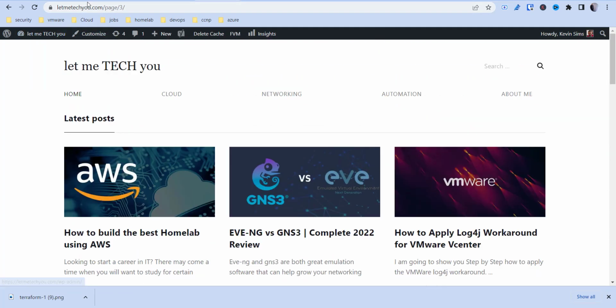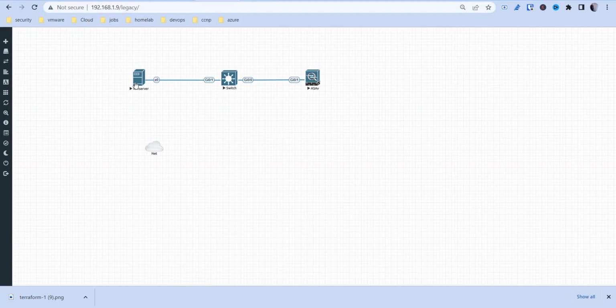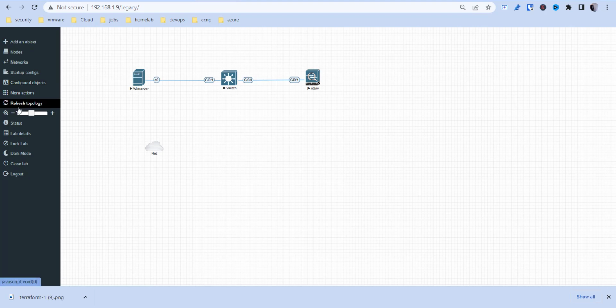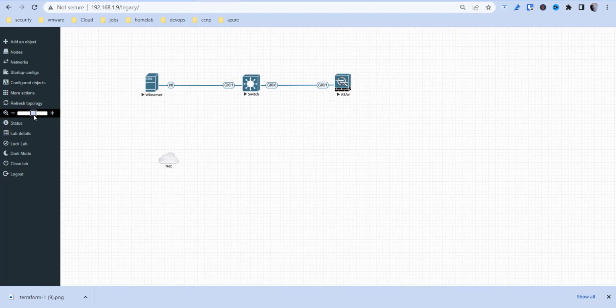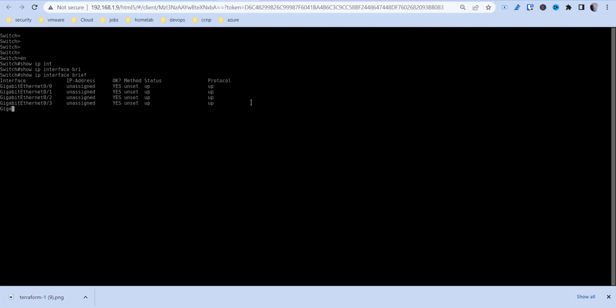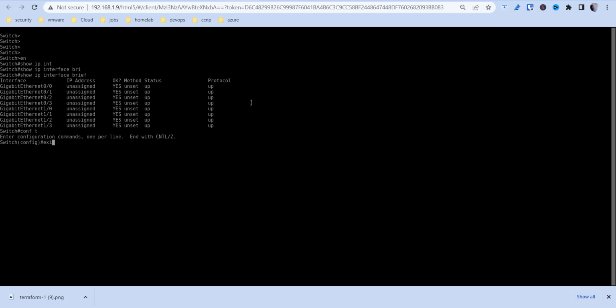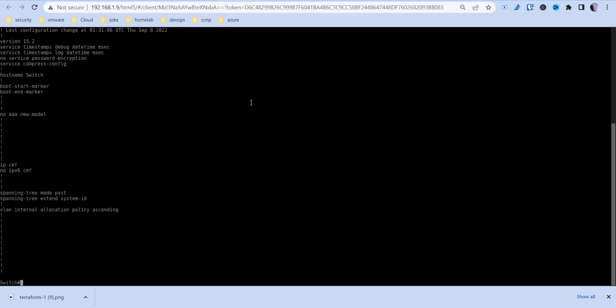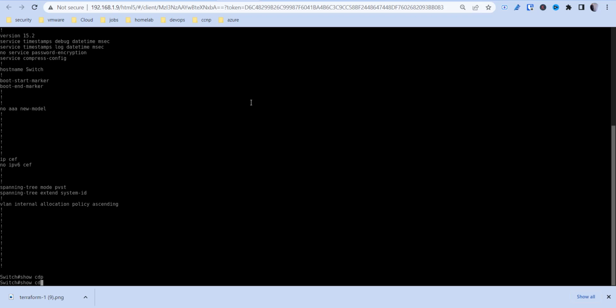If I can't find it, I'll share it in the video comments below. But basically, it's a way to get that going so you don't have to utilize different tabs up there at the top. So outside of that, that's really it. The main thing is really getting your images and then being able to configure these how you want. As you can see, same commands: show ip interface brief, conf t, everything, exit, show run, all your shows, CDP neighbors,